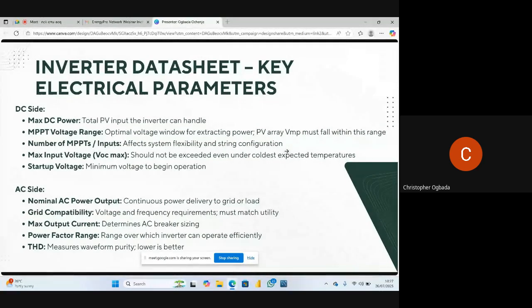Some inverters put it as maximum PV power, right? So here the slides put it as maximum DC power, but what you find in most data sheets is maximum PV power, right? It is telling you this is the total PV input your inverter can handle. They will give you for voltage, they will give you for power, right? So you will now be able to size appropriately, not just put. That is what most installers do.